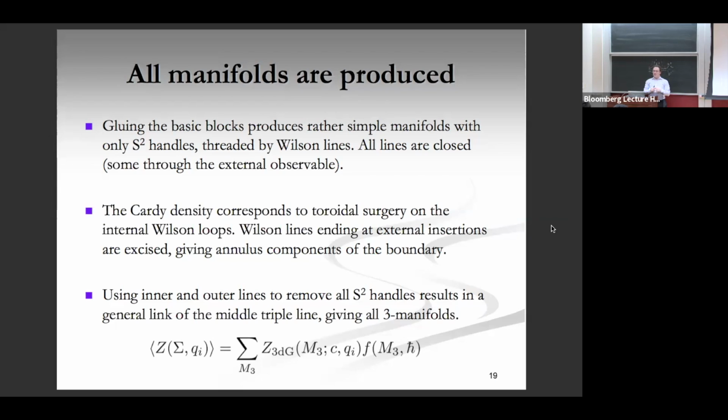No, but I want to do a compact Riemann surface times a circle, because then I know I'm taking the trace over the Hilbert space. Sure. So then the 3D gravity partition function is infinite. I agree, but that will anyway cancel if I compute these expectation values, since that's a closed manifold. Greg might be able to find something with boundary with the same issue. So in other words, a circle times a Riemann surface with boundary might have the same issue.